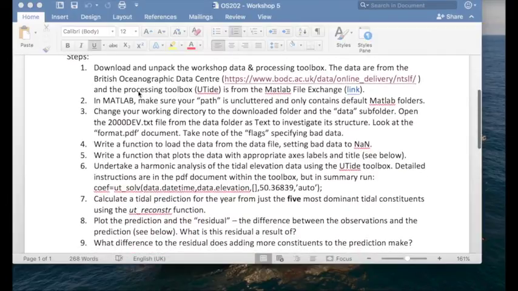So we've downloaded the data that's been packaged. It's been in turn downloaded from BODC, and I would encourage you to have a look at the BODC website. And we're going to be using the UTide toolbox, which is found on the MATLAB file exchange. And again, I'd encourage you to have a look at the MATLAB file exchange and what resources are available on